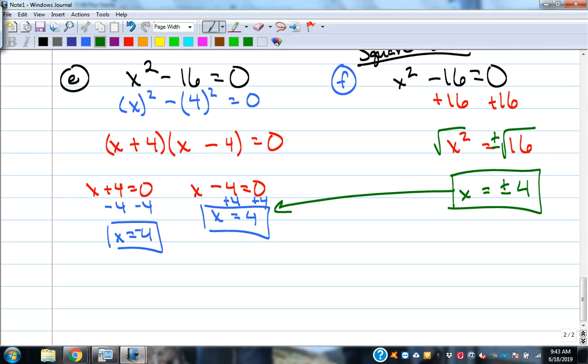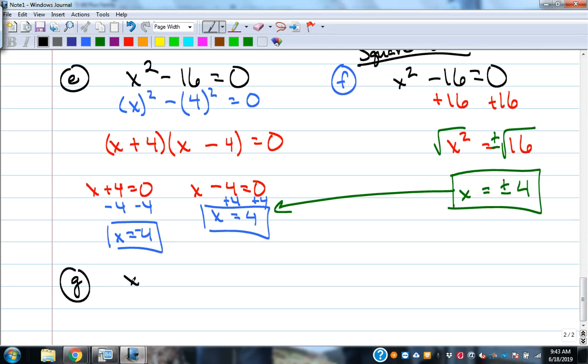Okay? So differences of squares can be solved by factoring or by square roots. Okay? So it doesn't matter to me which way you do those. You pick which way you think's the easiest on that. The kicker is when you have a problem that looks like a difference of squares, but it's really not a difference of squares. It's just a,